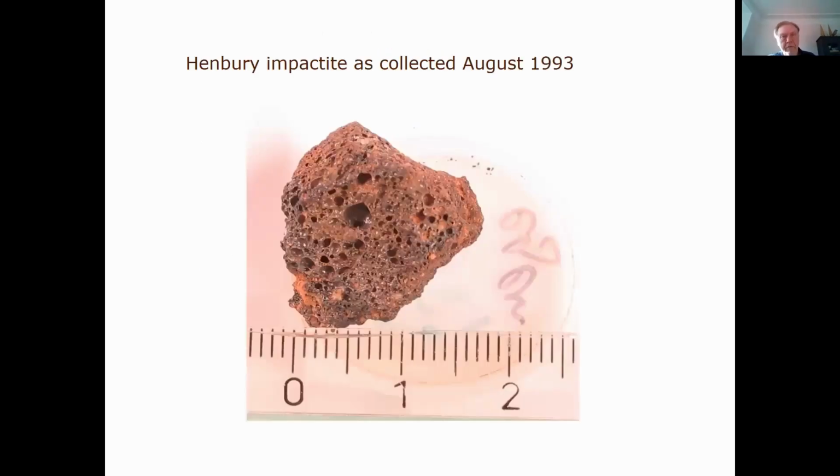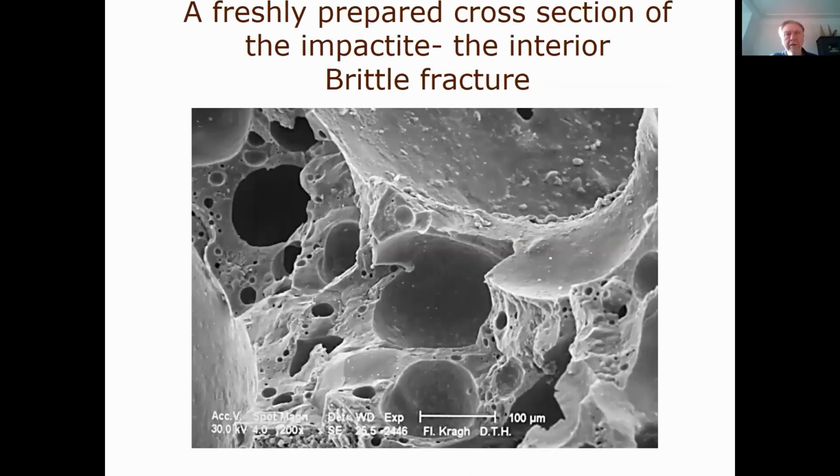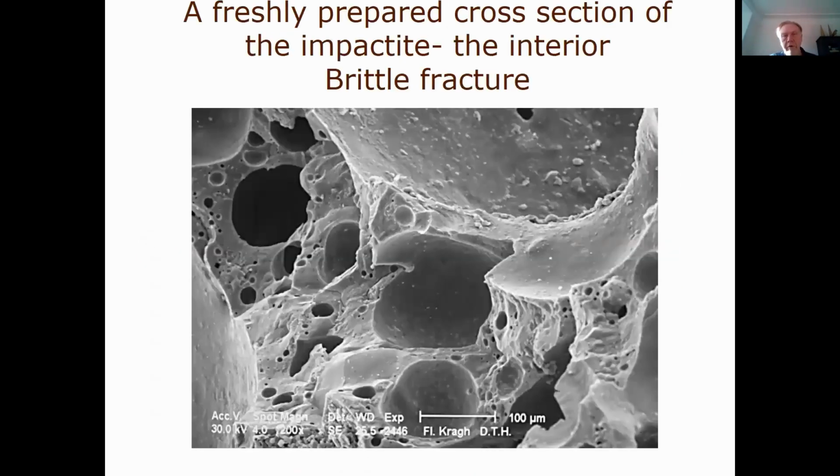So this is the sort of trophy that I acquired, and you can see just by comparison with what is usually called the normal one, that this one has exposed on it directly all the vesicles, whereas normally the vesicles would not be seen from the outside. So something has modified this material that we had collected here. And we can try to convince ourselves how a normal brittle fracture into this material will look just by making a new fracture and observing it.